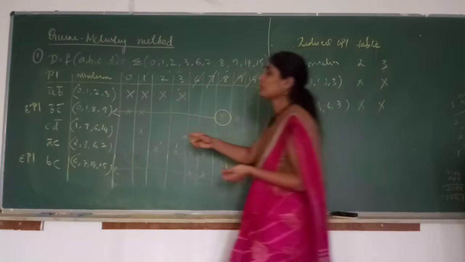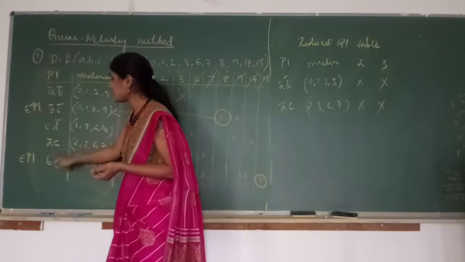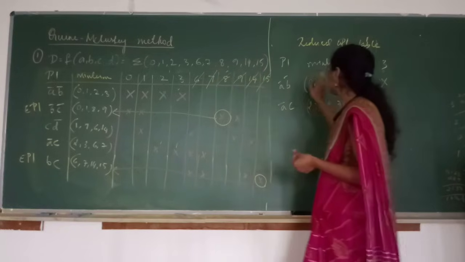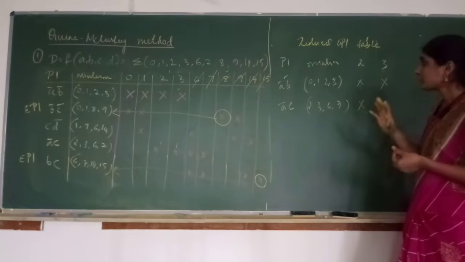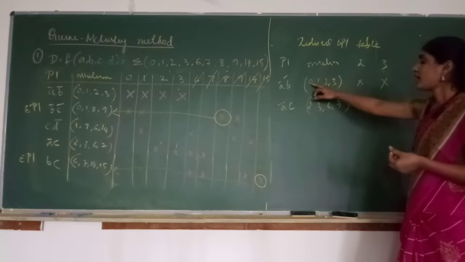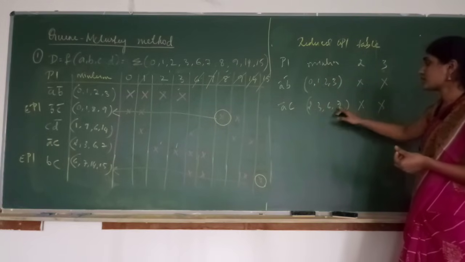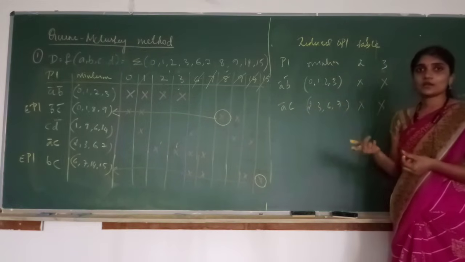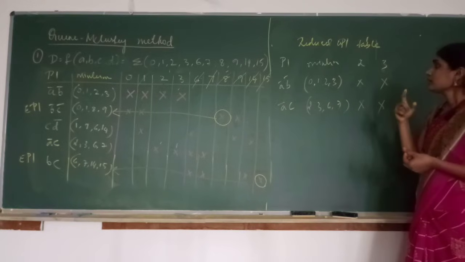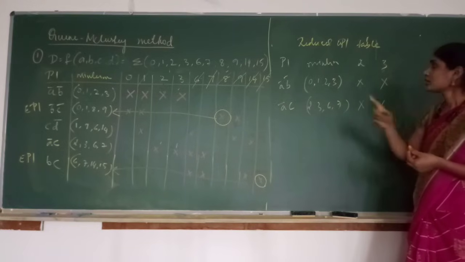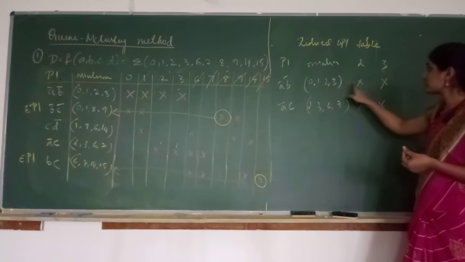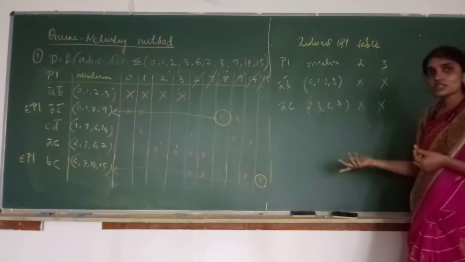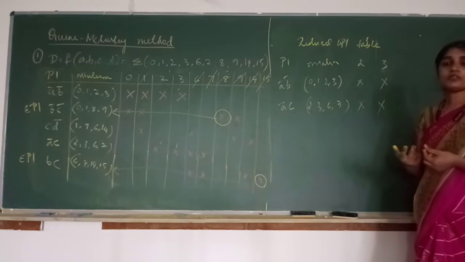Now we have identified two EPIs, B bar C bar and BC, which cover 0, 1, 8, 9, 6, 7, 14, 15. Now only 2, 3 are not covered. For that we have identified the grouping. Either I have to go for 0, 1, 2, 3 or 2, 3, 6, 7. Just see here. Now the question is whether these two are to be included in the final equation or not. What is your answer? See, this particular prime implicant is covering both 2 and 3. This also is covering 2 and 3. Why take both? Take any one in your final equation.